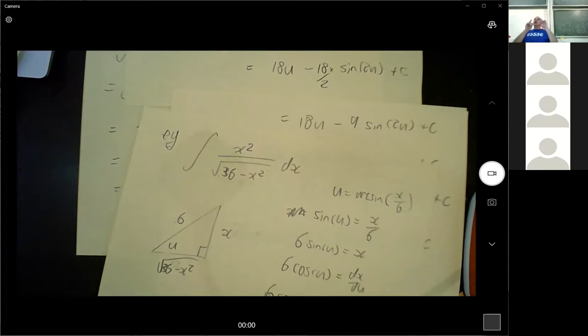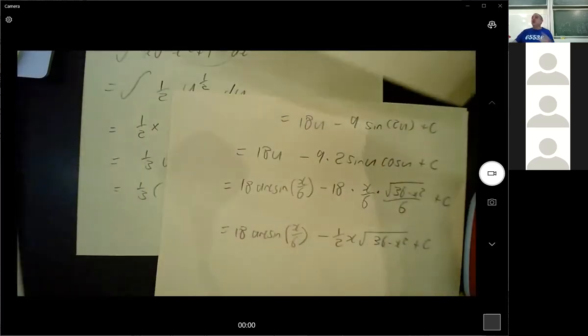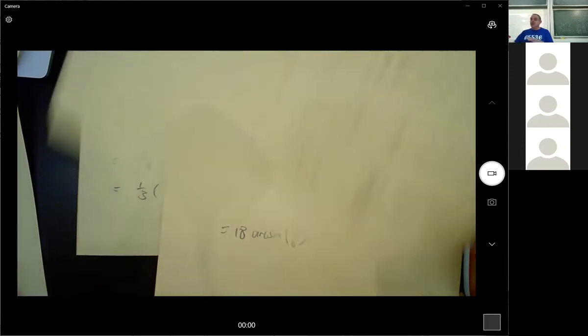So you've brought up a very important point. I could have done this first bit with trig identities instead of a triangle. And I do want to just show that, but the rest of it would be the same. But before I do that,